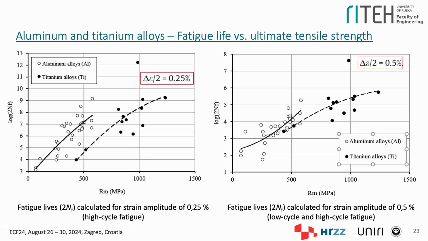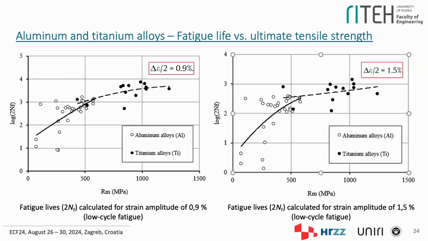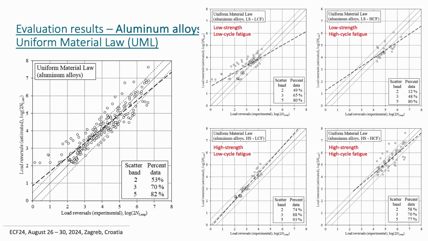Here we can see what is more interesting and what we are actually interested in, the fatigue behavior, again calculated for different total strain amplitudes, where we can see that in some cases, some methods propose unified expressions for both aluminum and titanium alloys. Here we can see that they are quite separate, but here we can see basically a continuous distribution, as is also the case for these, and as we go to the low cycle fatigue region it is more pronounced. We have performed analysis for all 4 methods, but it's too much data, too many diagrams for this limited time. This is just an illustration of how these distributions look.